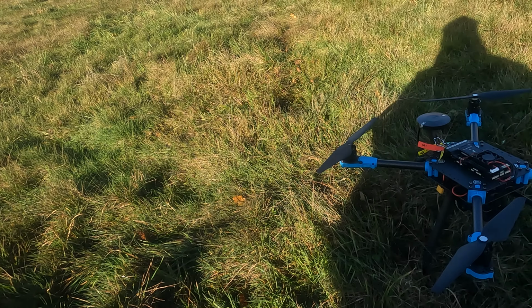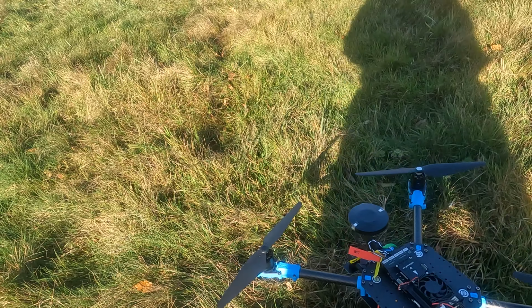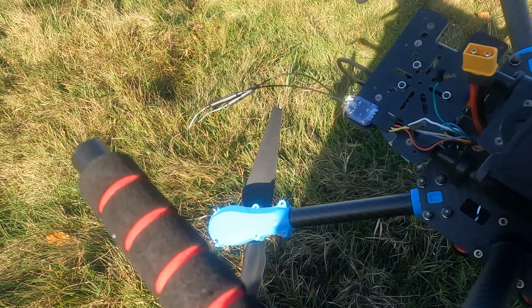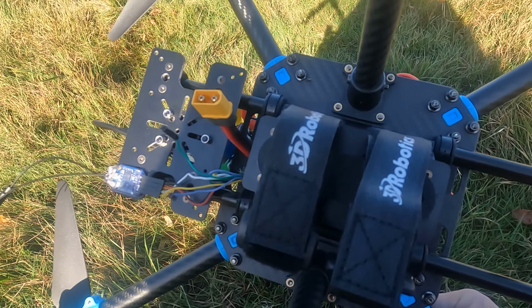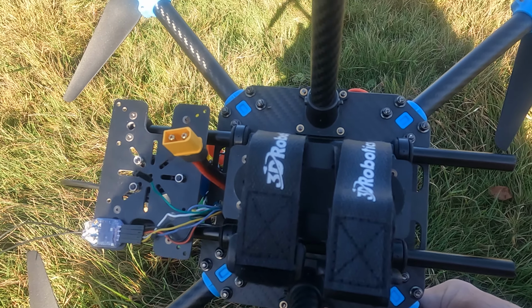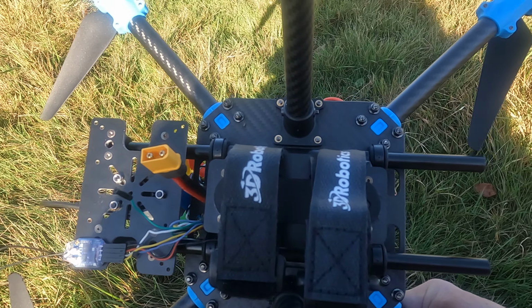Alright, it's a beautiful winter's day, sunny, still, which is fantastic for first flight and tuning. So I've got the copter here, put the props on, I've got the motor direction going right now. I found that it only takes 4S, which is a little bit of a disappointment, but I do have some